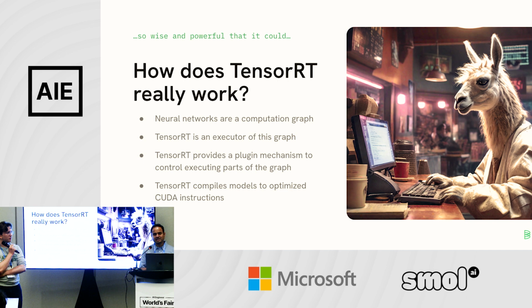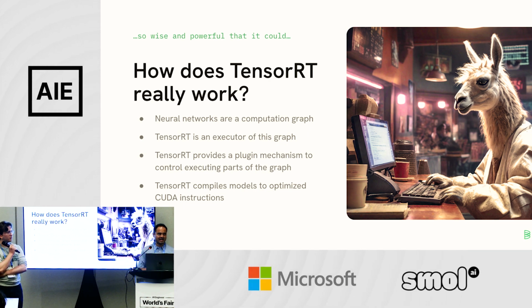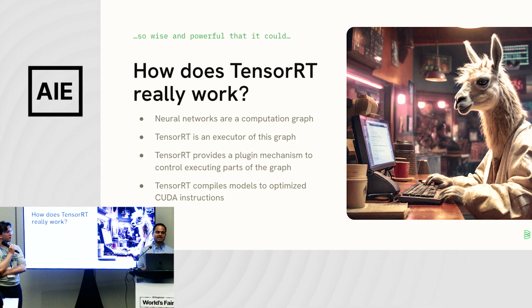TensorRT additionally provides a plugin mechanism. So it says that, you know what, I know this graph, I can do a lot of stuff, but I can't do very fancy things like flash attention. It's just too complex. I can't infer automatically from this graph that this is even possible. Like, I'm not a research scientist. So it gives a plugin mechanism using which you can inspect the graph and say that, okay, I recognize this thing and I can do it better than you, TensorRT. So I'm going to do it through this plugin. And that is what TensorRT LLM does.